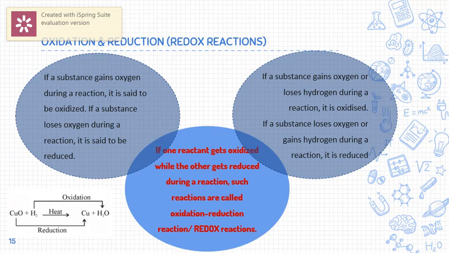So conversion of hydrogen to water is oxidation. Why? Because oxygen is adding on hydrogen. Addition of oxygen is known as oxidation. Therefore, conversion of H2 to water after adding oxygen is known as oxidation, whereas removal of oxygen from the copper oxide to make free copper metal is known as a reduction reaction. In this reaction, both are taking place simultaneously. Therefore, such reactions are termed redox reactions. Redox reactions are the reactions where oxidation and reduction take place simultaneously.